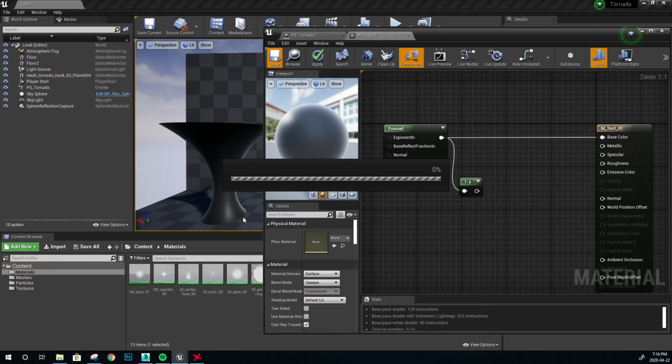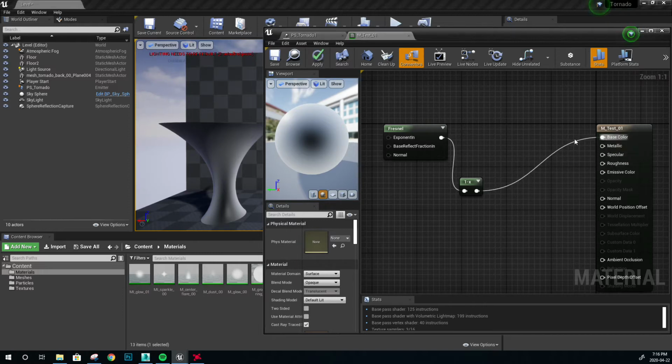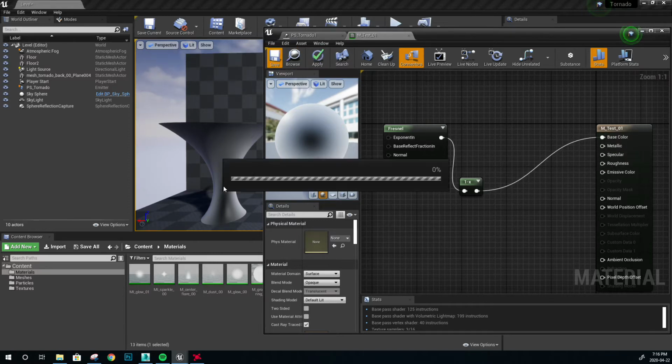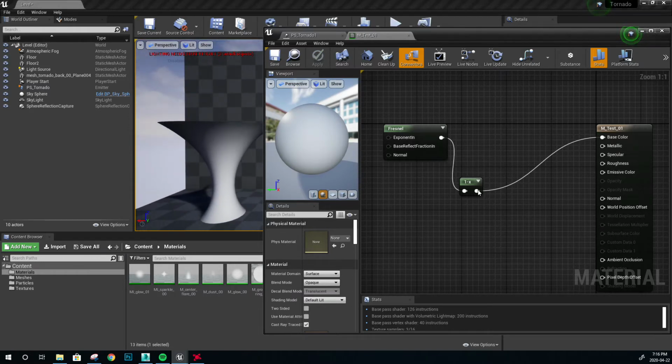Alright, so I'm just gonna save this for now. The 1 minus is not plugged, but you'll see that with the exponent being smaller, it's 1 instead of 5, it fades more gradually now. And if I plug the 1 minus, it's going to have the opposite effect. It's going to be white over here, and it's going to become black on the edges. Yeah, just like that. And of course, if I use exactly this on the opacity instead,